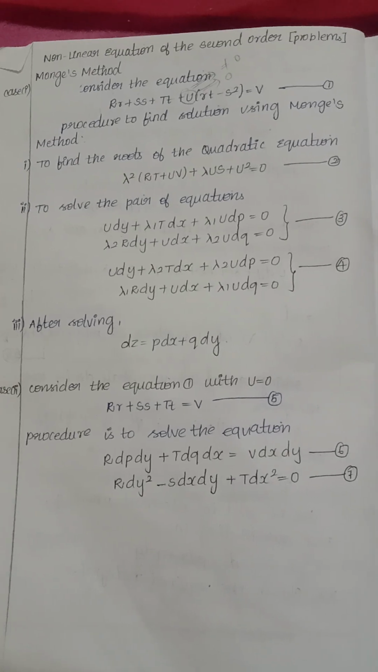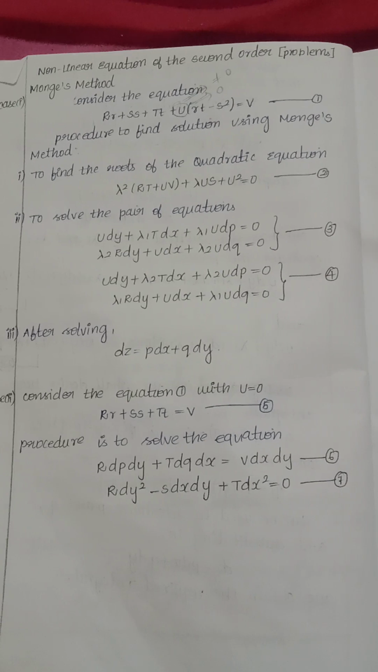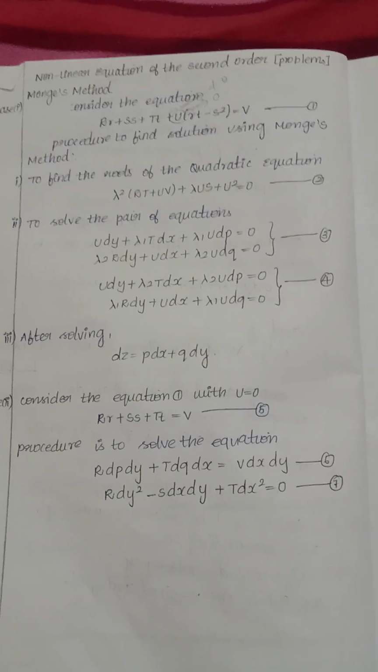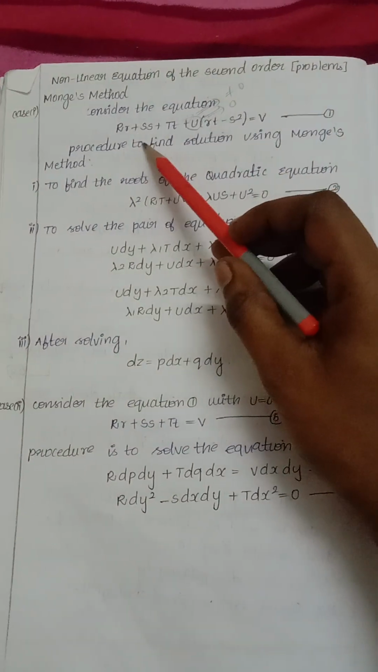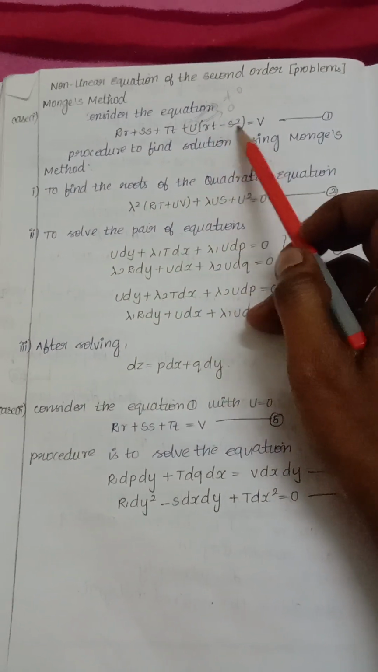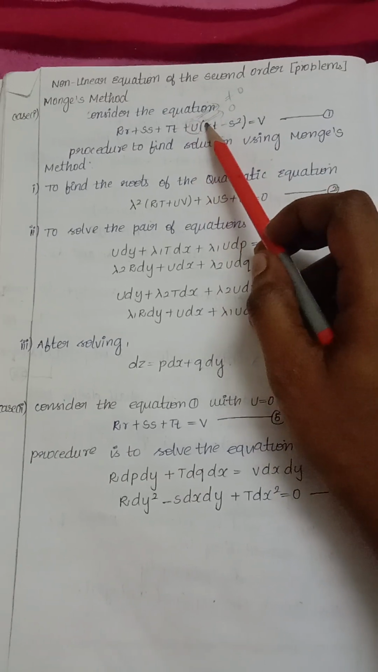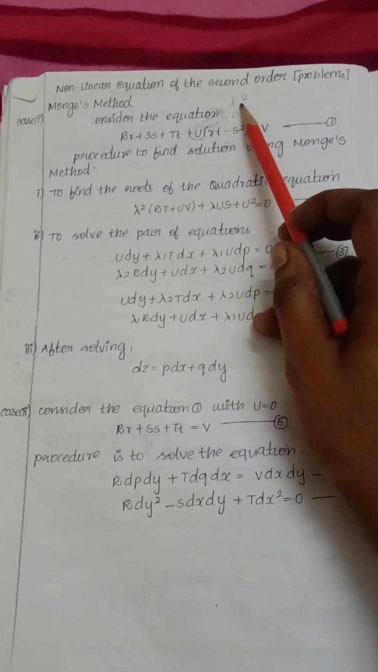Hello everyone. Today we are going to see the non-linear equation of second order problem, that is nothing but Monge's method. For Monge's method, we need to consider the equation Rr + Ss + Tt + U(rt - s²) = V. In this equation, there are two cases: if U is not equal to 0, we have one form